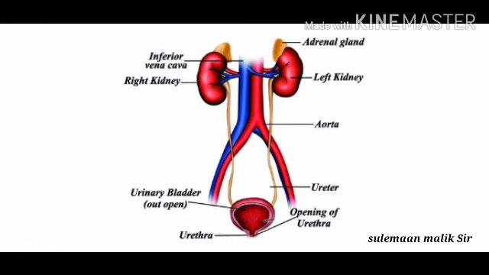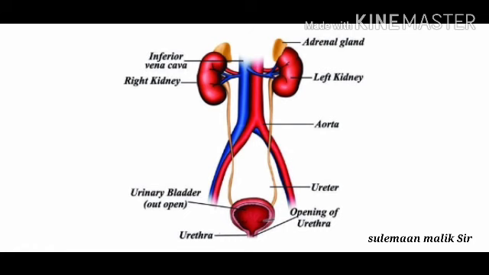This is the diagram of the kidney, and there is a left kidney and a right kidney. The inferior vena cava and an adrenal gland are situated there, and each and every part is shown very clearly, so I have to draw the diagram neatly. In biology, diagrams play an important role, and their terms also, so you will have to draw your diagrams in a very clear, neat and labeled manner. Each and every part should be mentioned properly as discussed and explained in the previous slide.